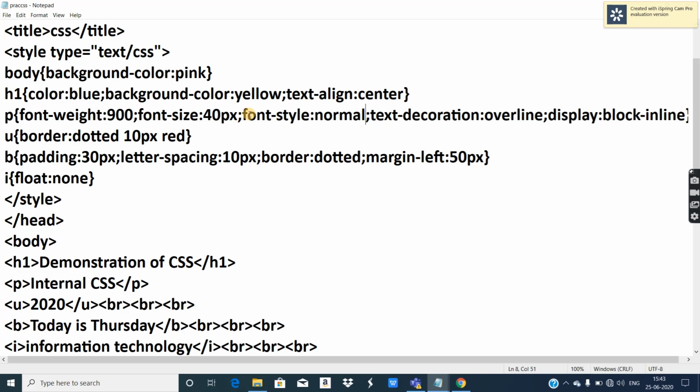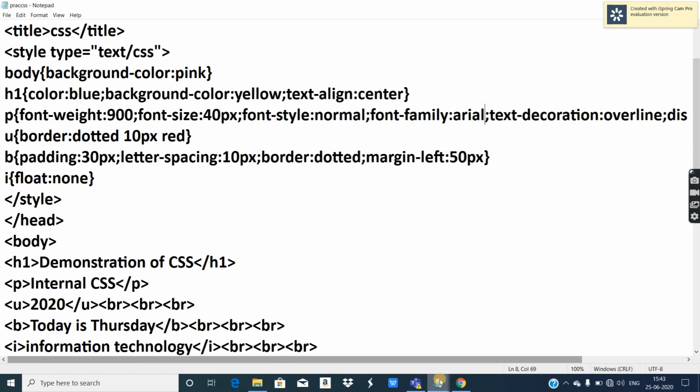Then text decoration, there is one more property. We'll try font family. I'm putting it now. Semicolon, because it's a new property, so I have to provide a semicolon, font family colon, and I'll give Arial style of font.